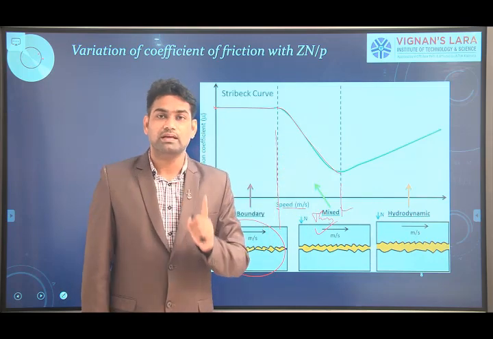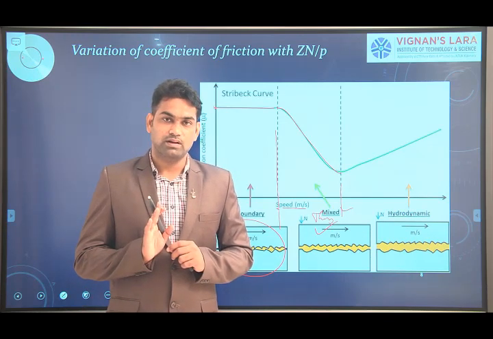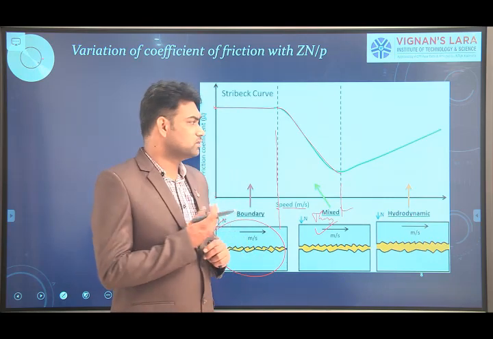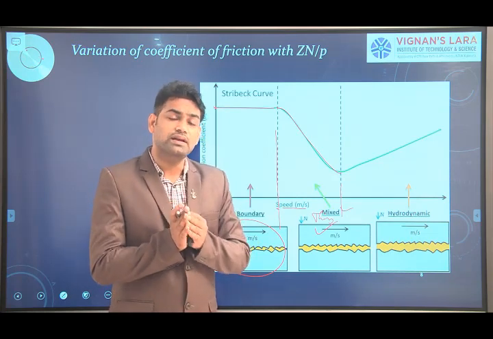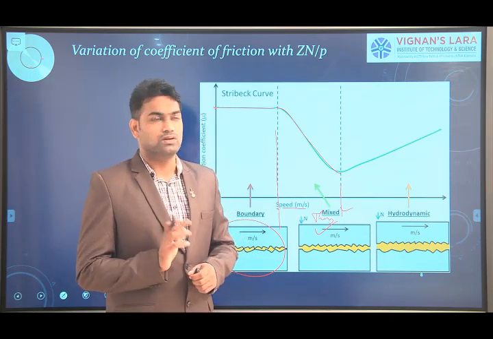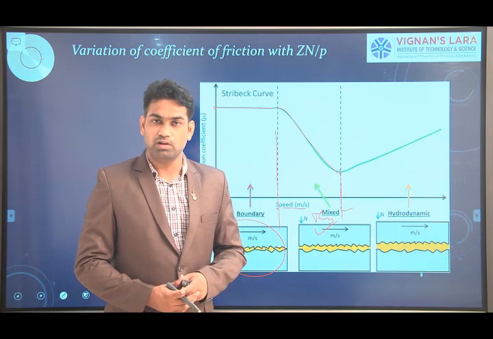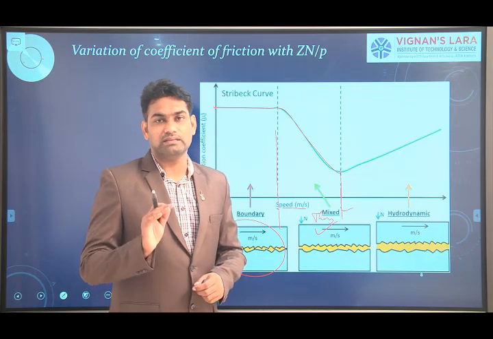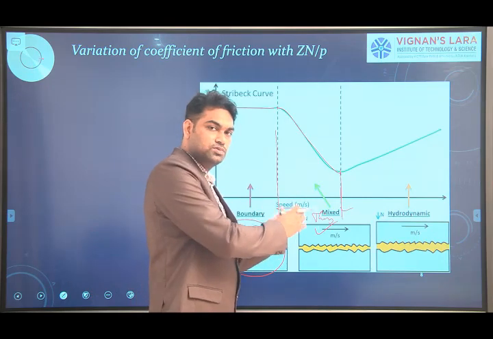Why? Because the bearing is operating in boundary condition, which means only a thin layer of lubricant is present. Clear? Thin layer means there is partial metal to metal contact. But what does the designer have to think? The bearing should operate without any direct metal to metal contact, that is, in thick film lubrication only. That is, a thick layer of lubricant should be present. But up to this condition the bearing is operating in thin film, that is boundary lubrication or mixed lubrication. Even though there is a presence of lubricant, it is a thin film, so it is not sufficient to carry the load.